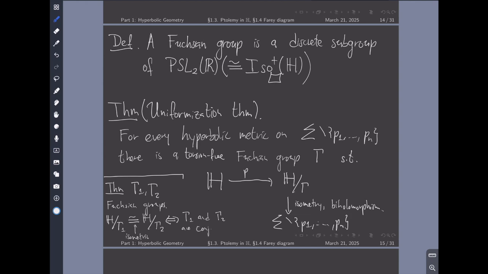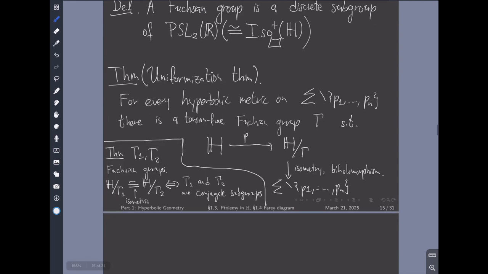Are conjugate subgroups. Or subgroups of where? I mean, of where I know they are subgroups. So,